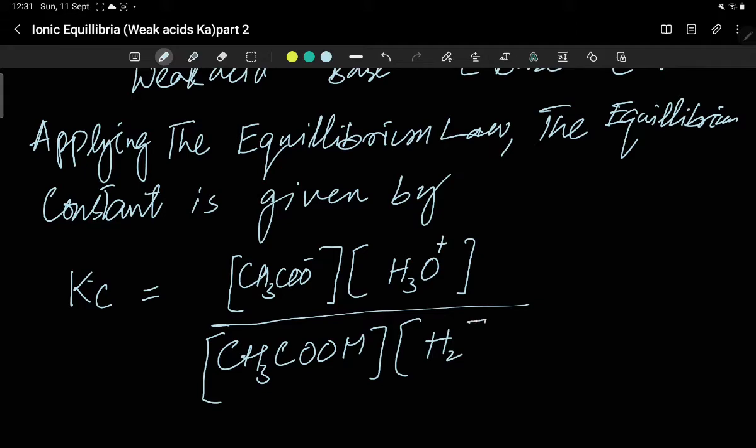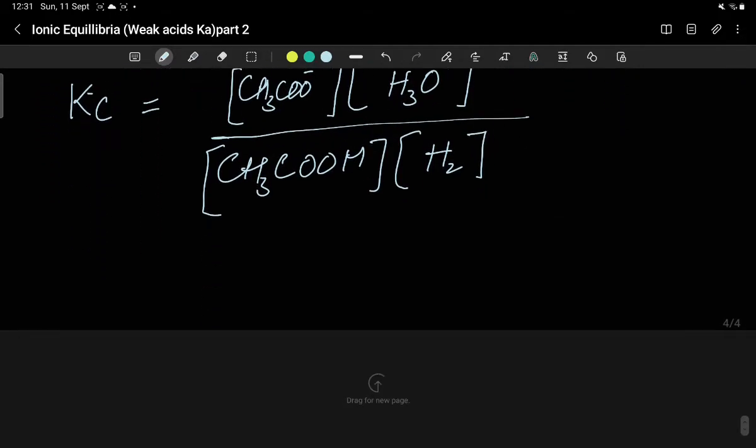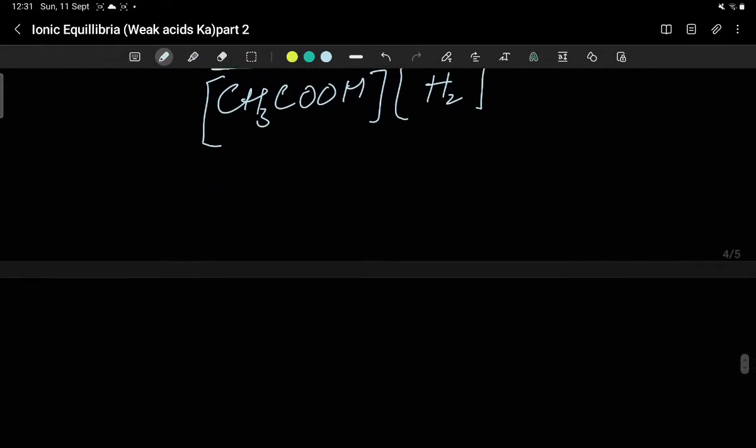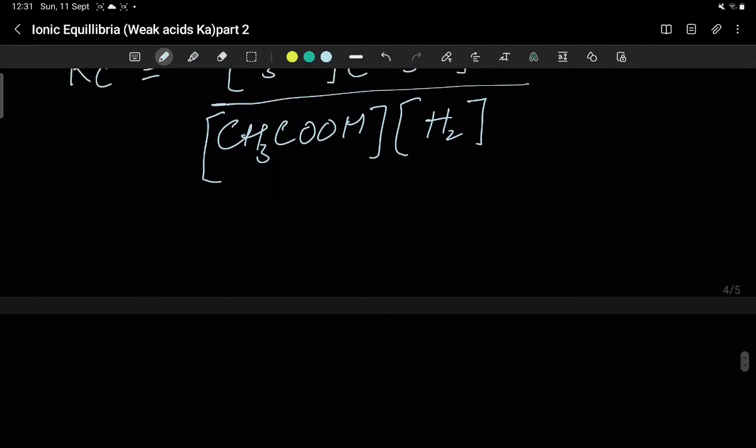We know that the Kc is the ratio of the products to the reactants. Since the concentration of water is effectively constant, the above equation can be written as